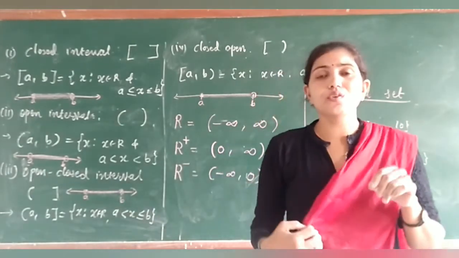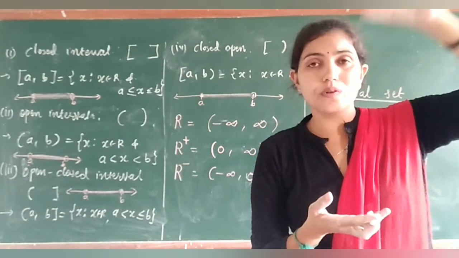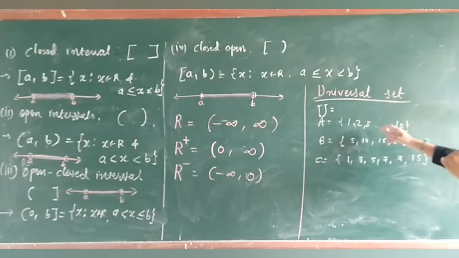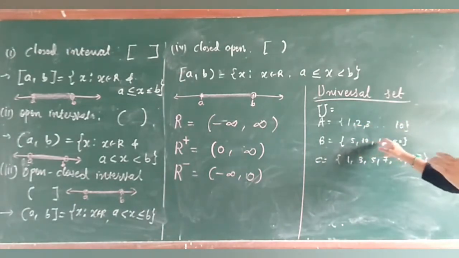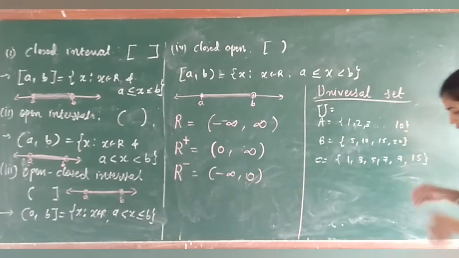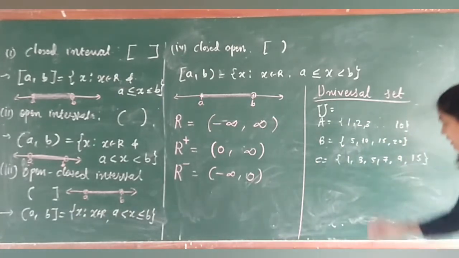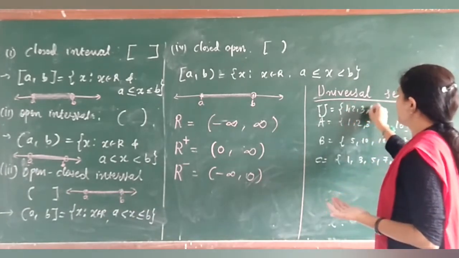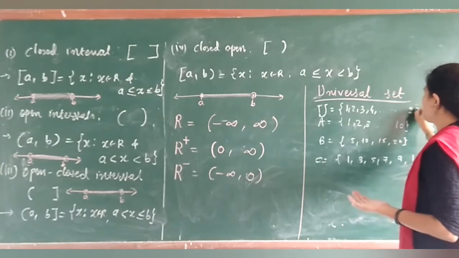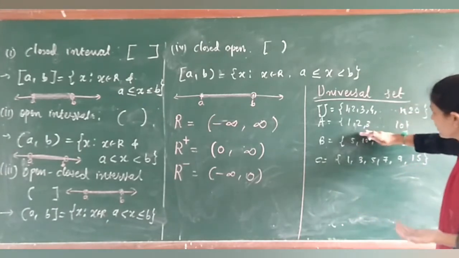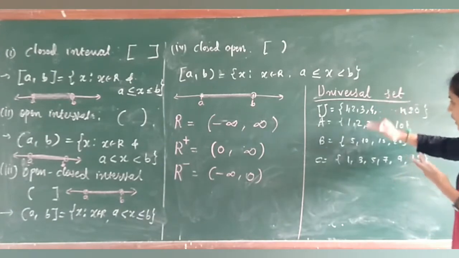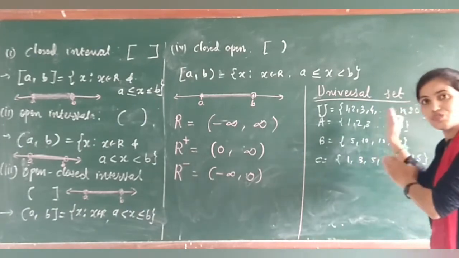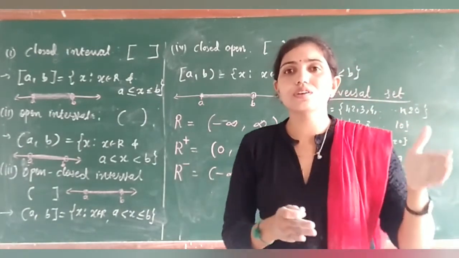Okay. तो capital U क्या होता है? Universal set. It is a superset in respect of some sets, like here A, B, C. So A के अंदर 1 to 10, B 5, 10, 15, 20. So I have to consider U as such a set जिसके अंदर ये सारे एलिमेंट आ जाए. तो ऐसा एक सेट मैं कंसिडर कर रहा हूँ 1, 2, 3, 4, 5 up to 20. So are all the elements of A in U? Yes. All the elements of B in U? Yes. All the elements of C in U? Yes. Then it is called the universal set.